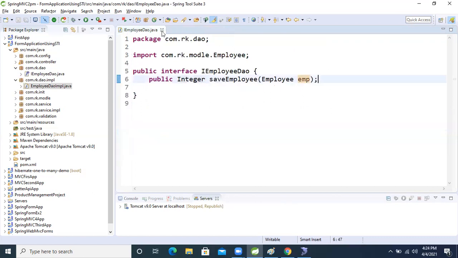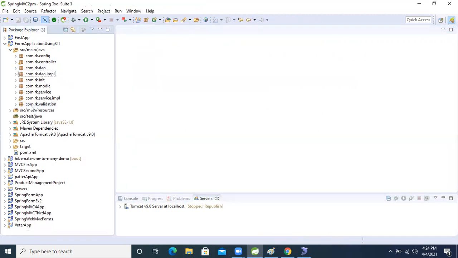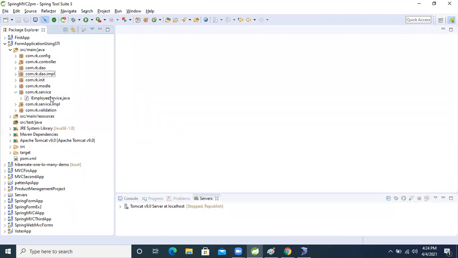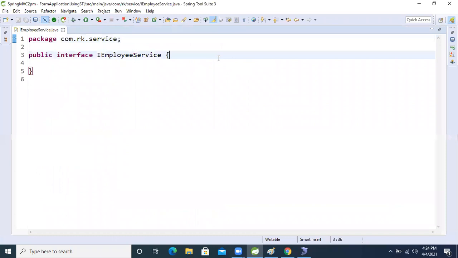But we need to write the business logic. Where will we write the business logic? Inside the service class. The same operation we are going to perform in the service also.